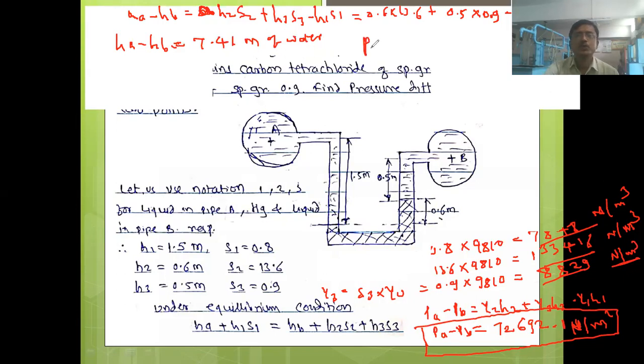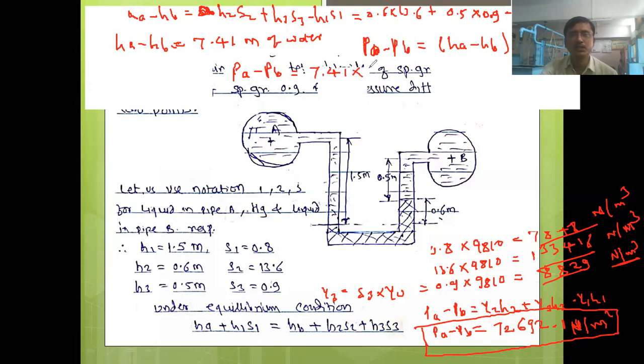Now, what is the formula to find out PA minus PB? PA minus PB is equal to HA minus HB multiplied by gamma W, right? So multiply this value by 9810 and you will get the same answer. Are you getting the same value? PA minus PB is equal to HA minus HB, 7.41, multiplied by 9810, and you will get the answer as